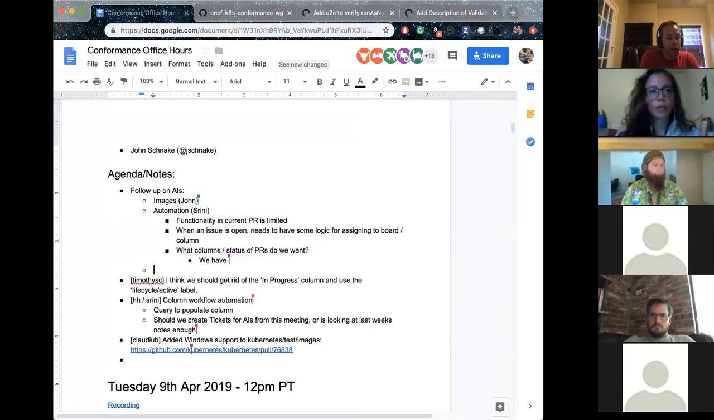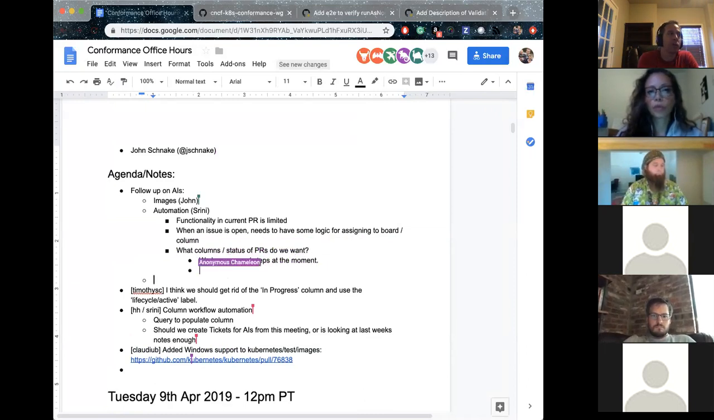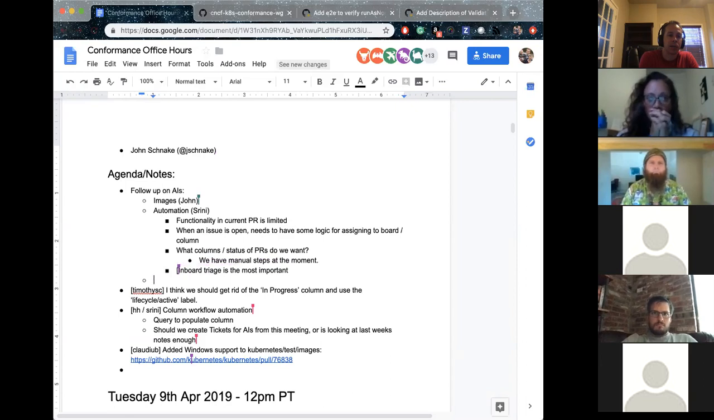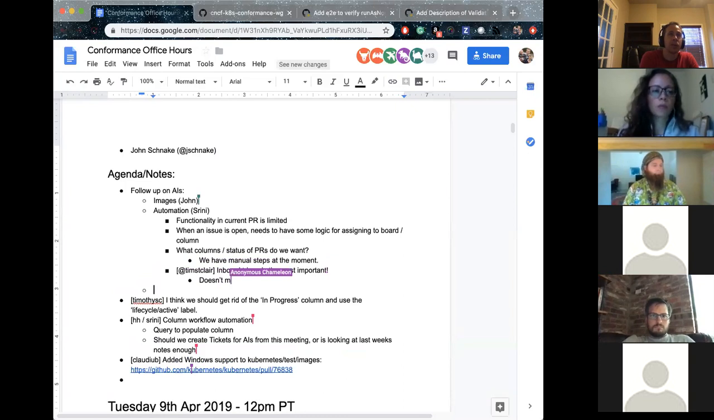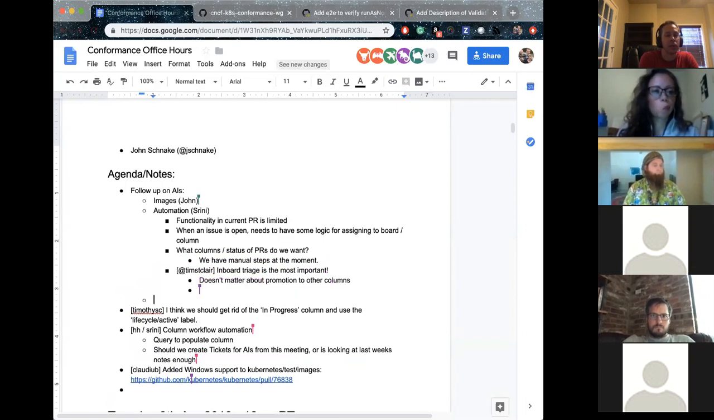I think I don't really care about some of the other columns, which can be done manually. I think the inbound triage is the most important, so that it's not lost in the noise. That's the one that requires human intervention. Because a reviewer is reviewing these things along the life cycle anyway, it doesn't matter if the automation doesn't automatically promote them to the other columns. The only thing that matters is that it gains visibility to this group as soon as the issue is created. Otherwise, somebody has to go through and periodically do the diff between what is in the triage bucket and what is in